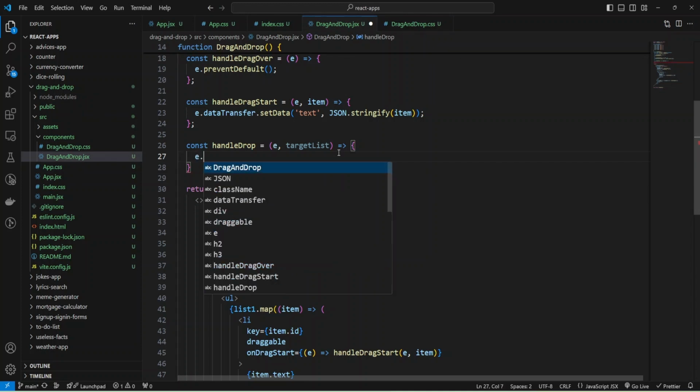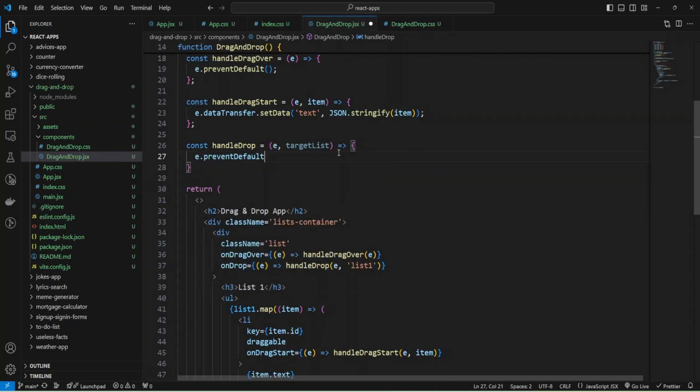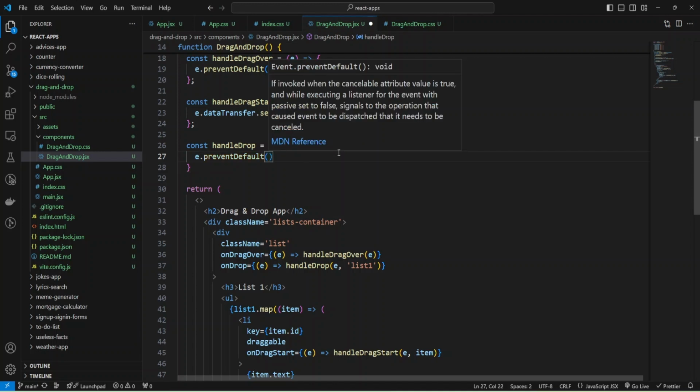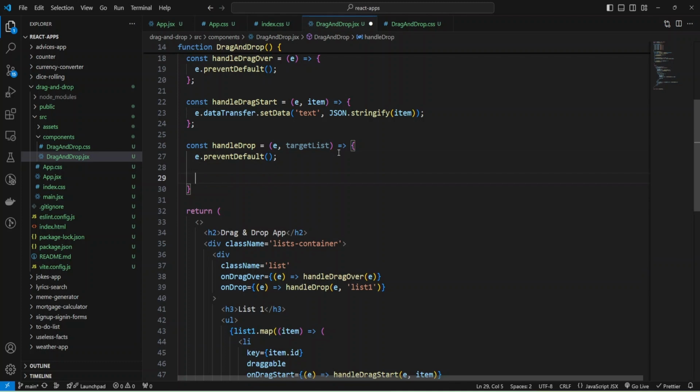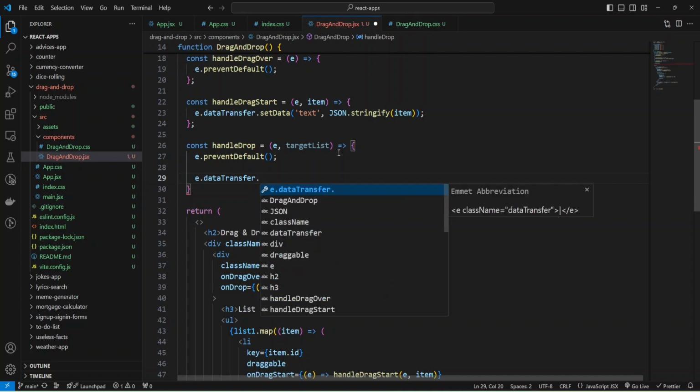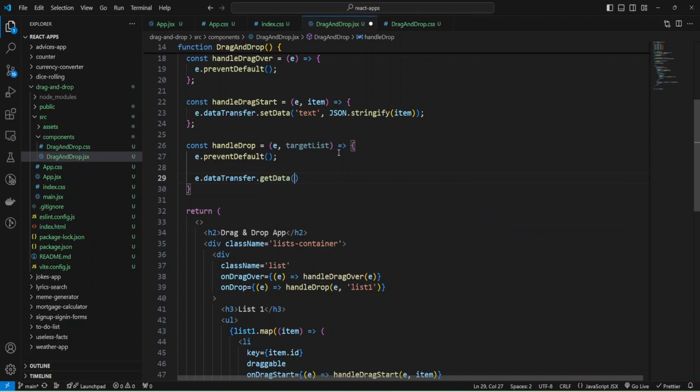Okay, and first of all, I'm going to add event prevent default behavior to allow dropping and avoid some unwanted behavior. And now I can retrieve my item from data transfer, and I'm going to use event data transfer attribute and get data, and we defined our data as text, and I'm going to use this text name as we defined in handle drag start function.